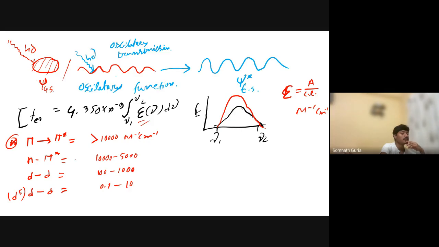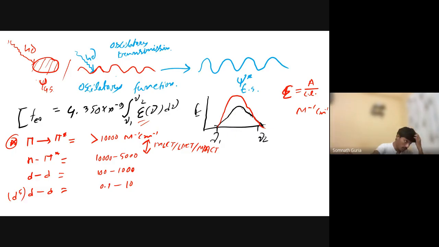And MLCT and LMCT, the charge transfer transitions, fall in between this. MLCT, LMCT, or MMCT. MMCT, the metal to metal charge transfer, falls into this region. So